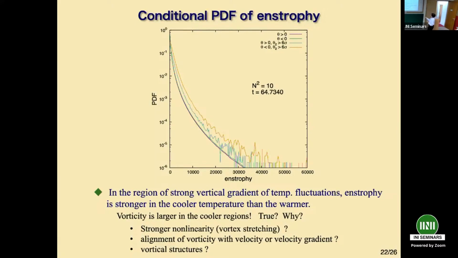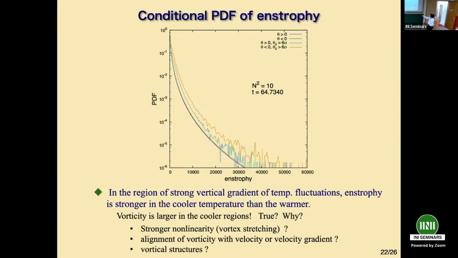For temperature fluctuation, conditioned on just positive and just negative, they give the same conditional PDF of entropy. But if we look at the derivative of the temperature fluctuation, it's very big, bigger than 6 sigma. Then we see asymmetry,